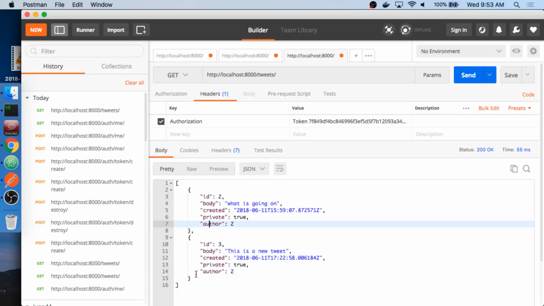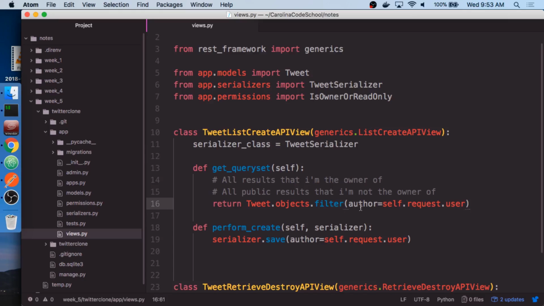Now that's going to be kind of an interesting lookup because I need something that is sort of like an or. Think of it as an if statement in Python. You could say if name is equal to Joel, you want to do this one thing. Or I want to say if name is equal to Joel or name is equal to Aaron. And in this case I want to filter down by if my name is Joel or my name is Aaron and then the tweet is public. I need to do an or search here.